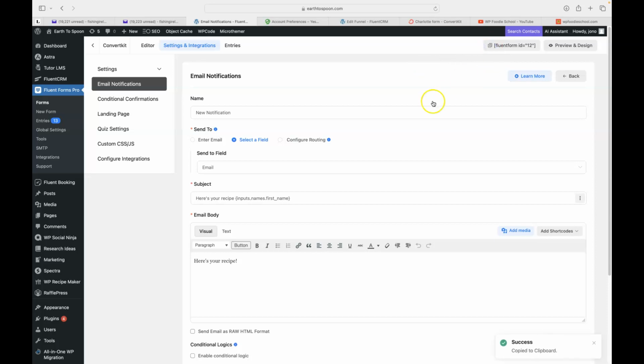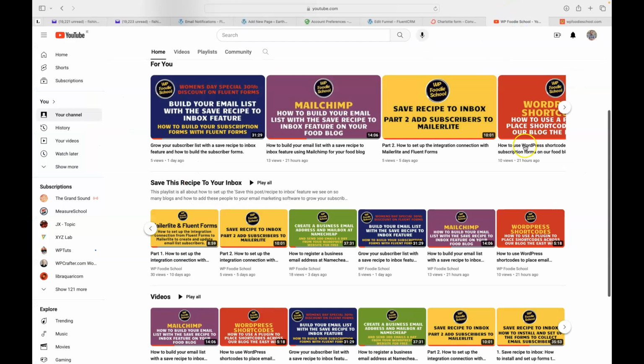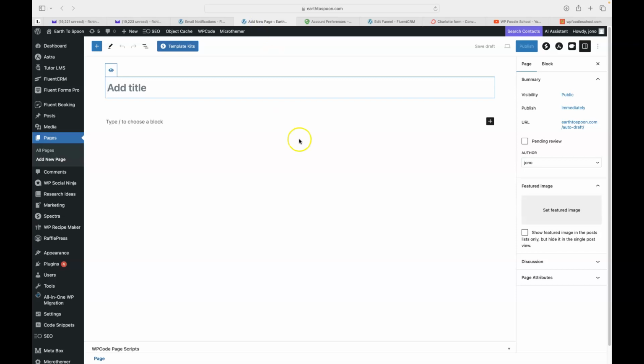Just to copy our form there, and I'm just going to put it into one page, because in the shortcode video, I go into all the detail of installing the free headers and footers plugin to put the shortcode in all the same recipes at the same time. You don't have to go into each individual post one by one and place the forms. That plugin will actually put it into all the recipe posts in a couple of minutes, literally. So here we are,